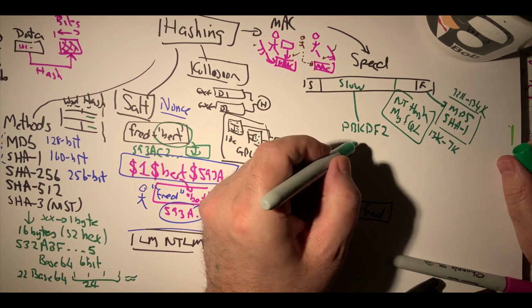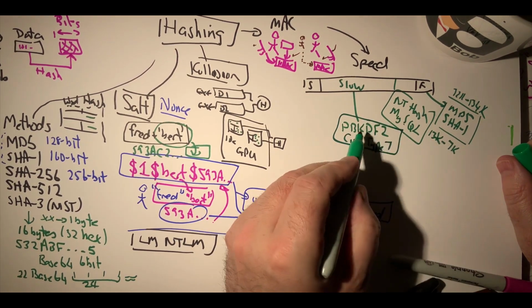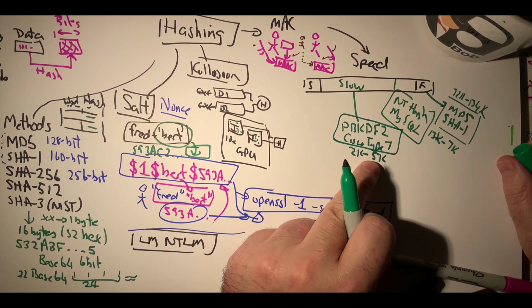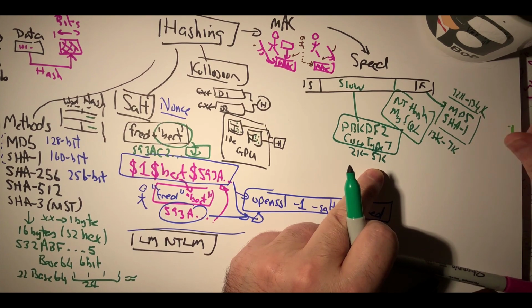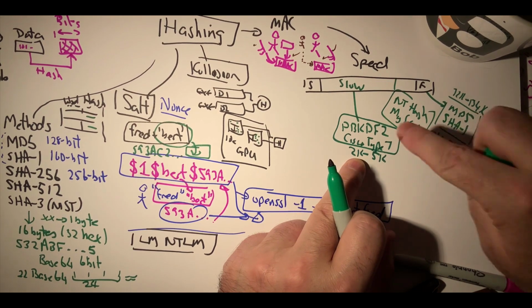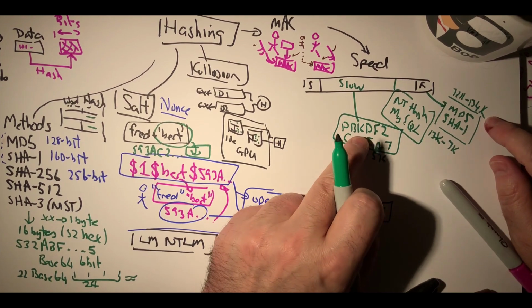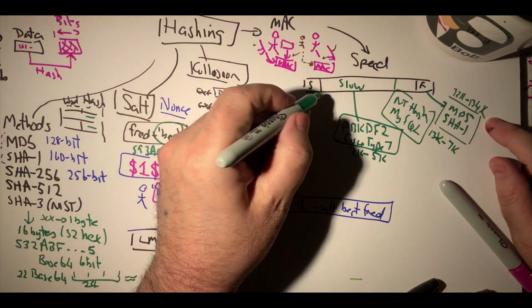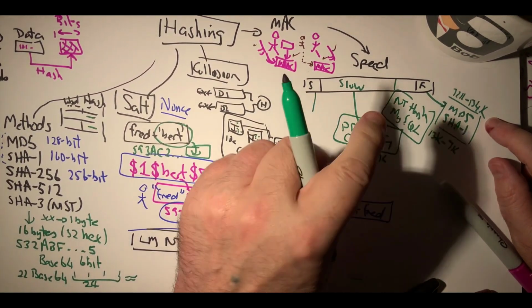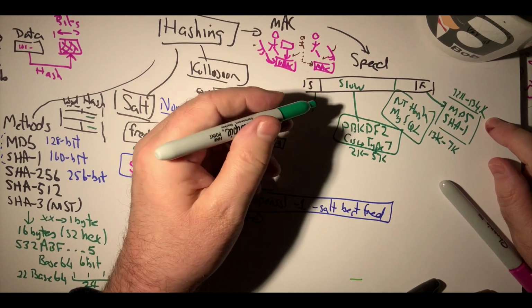So another one that we have in here is the Cisco Type 7 method. And this takes us down to maybe 2,000 to 5,000 hashes per second that can be checked on the system. So we went from over 100,000 down to just 2,000. So this is 50 times slower than that. So if we want to protect our passwords, we would possibly use PBKDF2 to be able to save them. But we can make these even slower because they involve a number of rounds. And the more rounds that we set up, the slower it becomes.